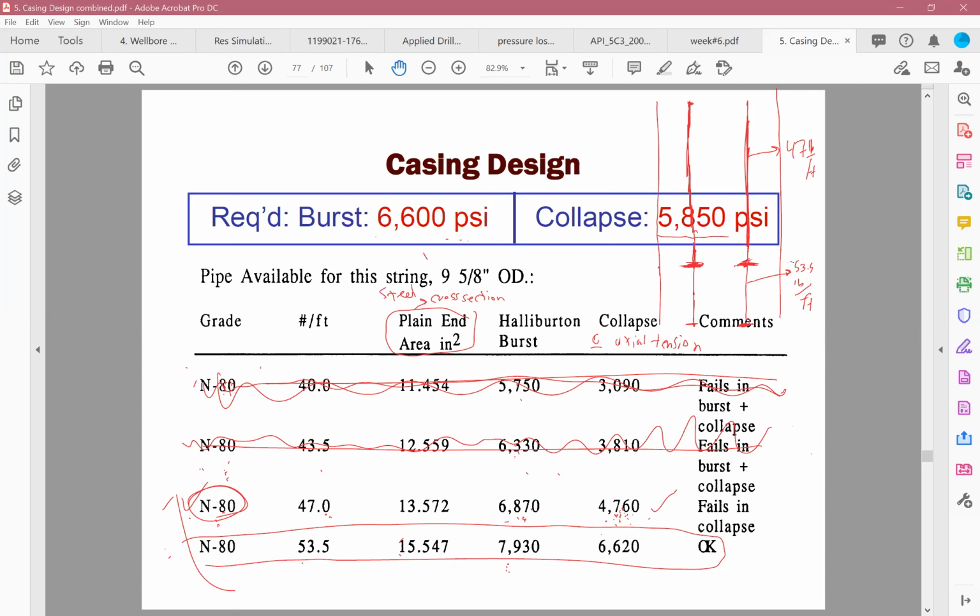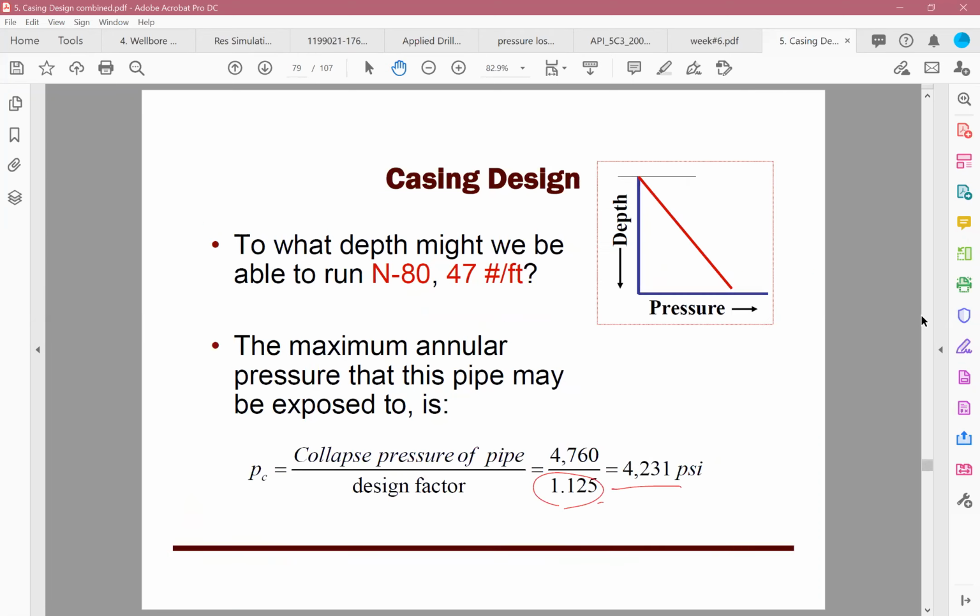cross-sectional area, okay? And that is 13.572 inches square. You don't need to calculate it here because this table gives you that number. And in the exam, I'll try to give you that number so you don't need to calculate that, hopefully. Save you some time. But here is that number that we need to use. That's for 47 pound per feet, right? So we need to divide it by